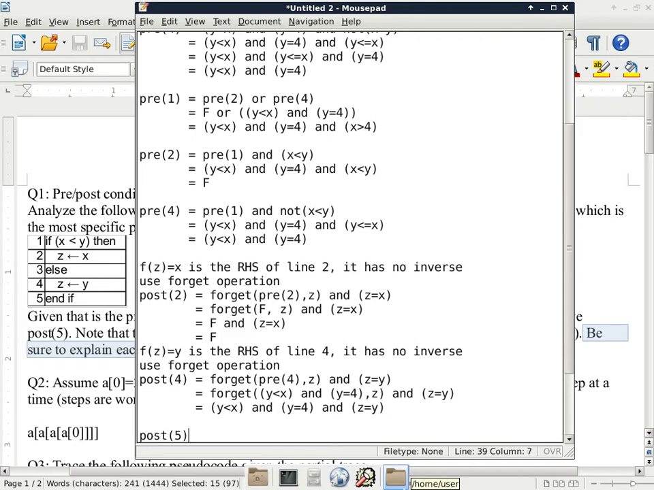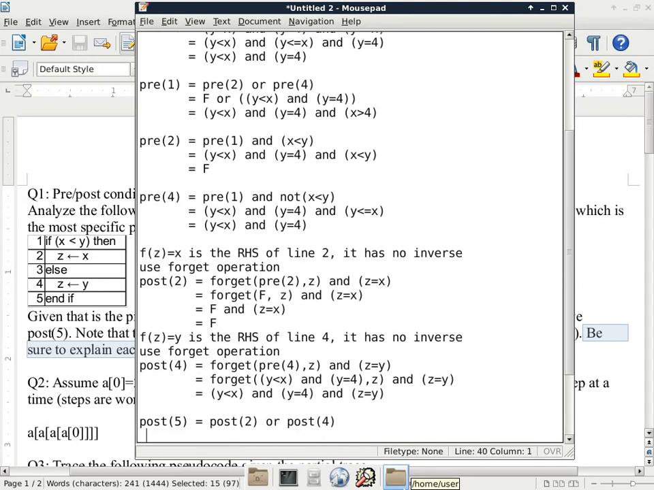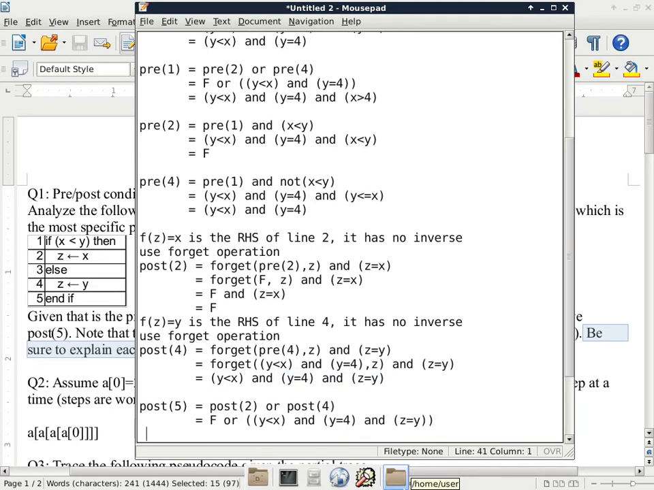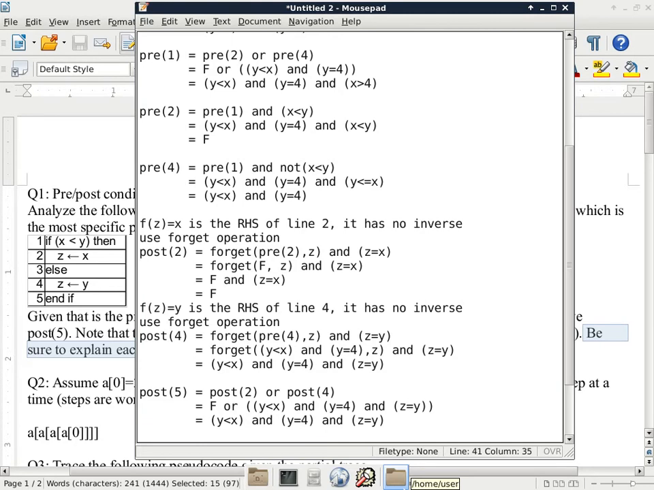Because of the structure of the program, post 5 is post 2 or post 4. The fact that post 2 is false to begin with doesn't matter. This is true because of the structure of a conditional statement. Whether a branch is dead or not does not affect the structure of the conditional statement. So post 2 is false, and then post 4 is this part here. And we can simplify the false out of the entire thing, because false or whatever is just whatever. So I can just simplify the whole thing to this part here,